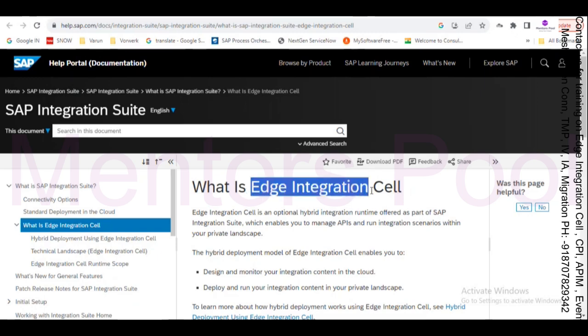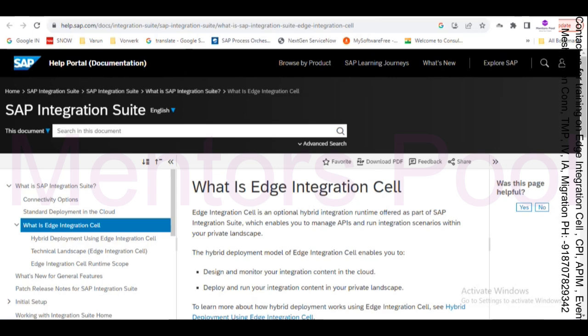product, Edge Integration Cell, because when we go through this, you will see that many of the PIPO customers as well will utilize this Edge Integration Cell in a way or so. So that's why it's one of the strategic features offered by SAP, and SAP will definitely invest quite a lot in this product and this application to add more capabilities and features in future, given the way they are promoting and branding this